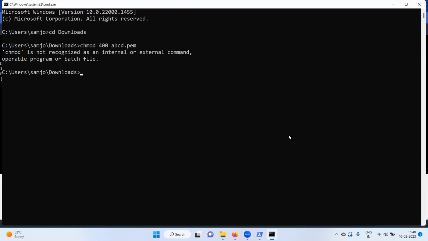Okay. We don't require the chmod here again. Just use the SSH command directly: ssh space -i space once again abcd.py space ec2-user